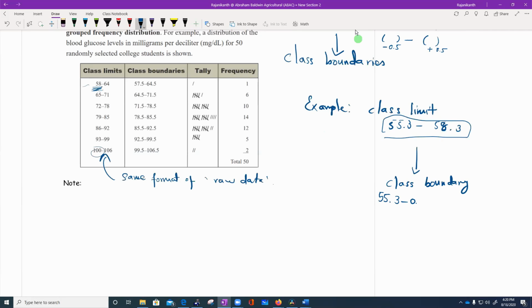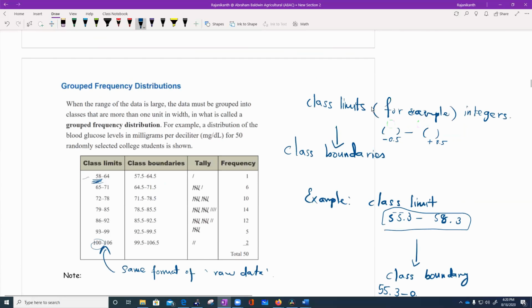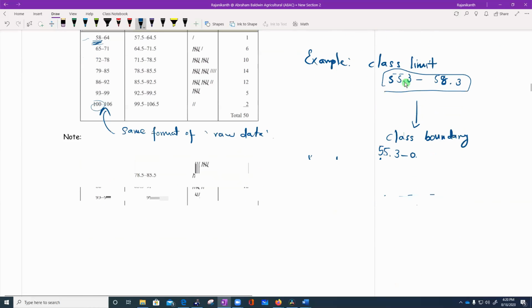So remember in the earlier problem here, your class limit already was integer, 0 decimal places. That's what I had, so I just subtracted 0.5 and added 0.5. But here you already have one decimal place, so you need to have two decimal places ending with 5. Therefore, you have to subtract 0.05 to get the lower class boundary. To find the upper class boundary,